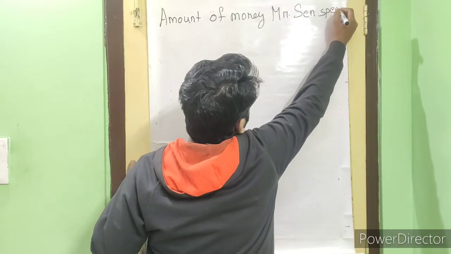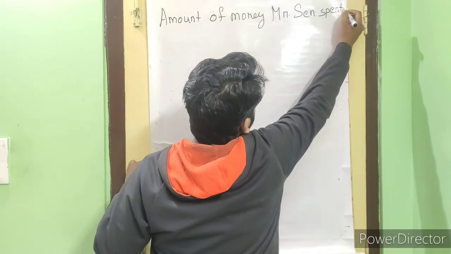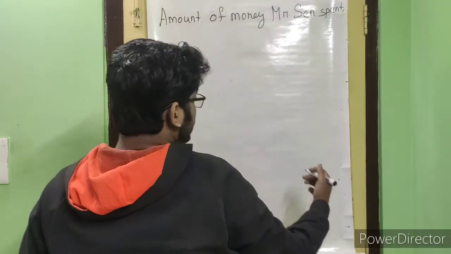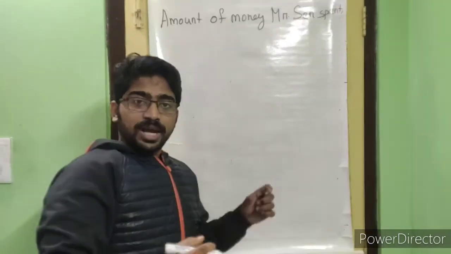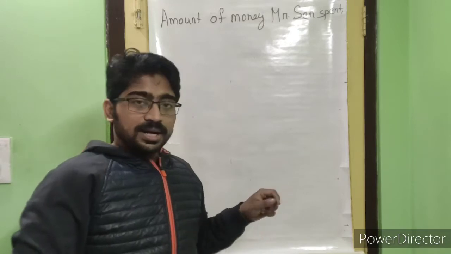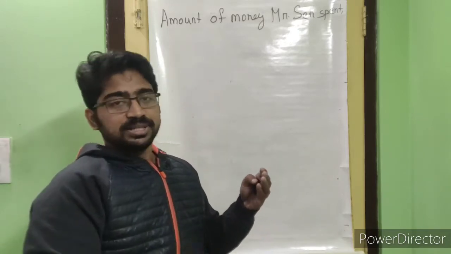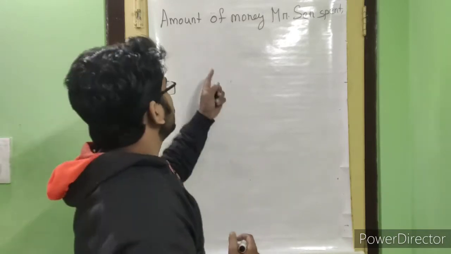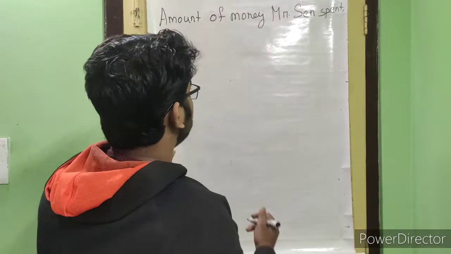See, in my board space is minimum, that's why I am writing in the next line. But if you want to write it in one line and after that all the things thoroughly you can write, then it is good. Amount of money Mr. Sen spent